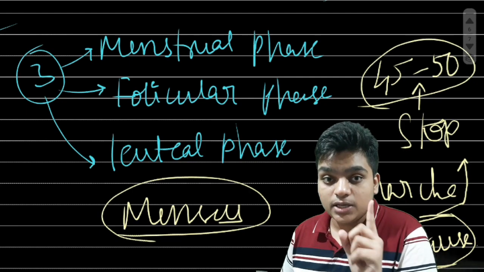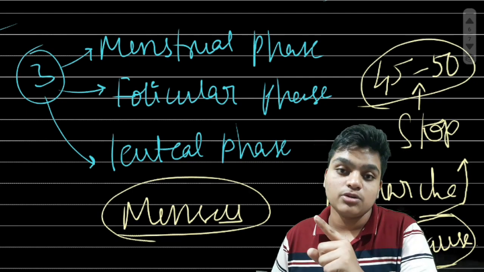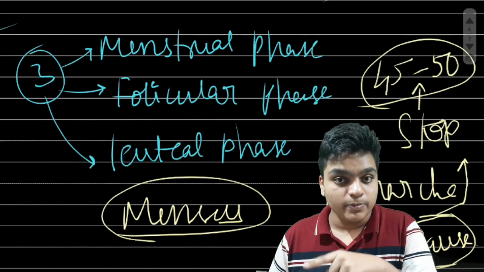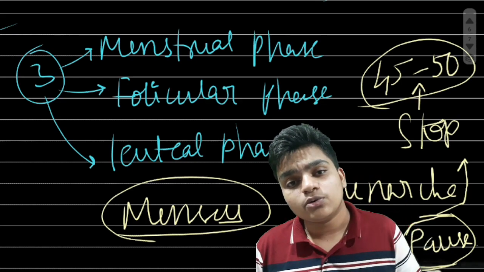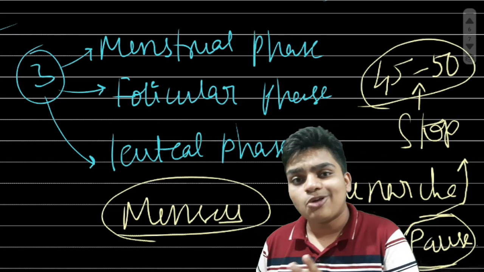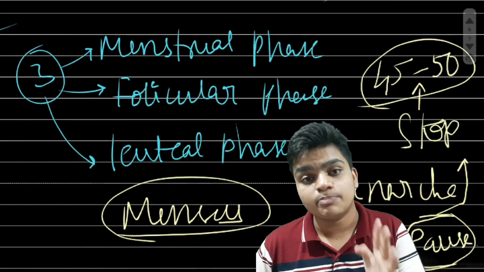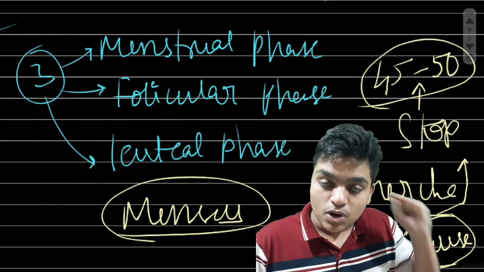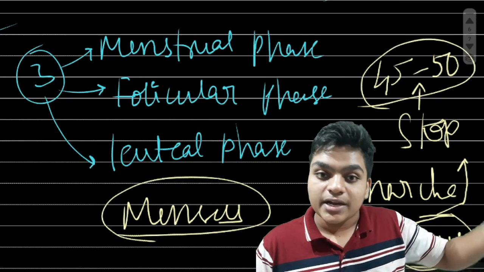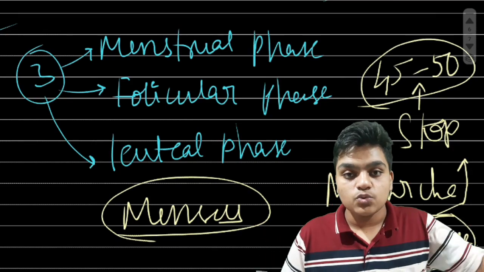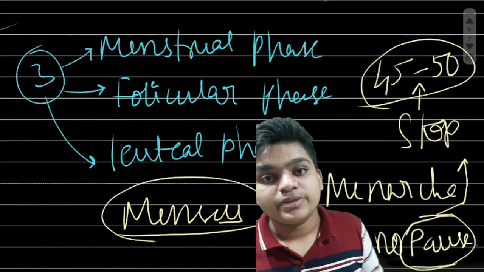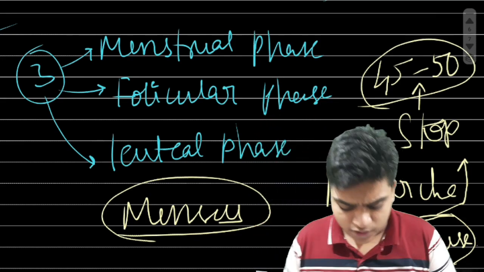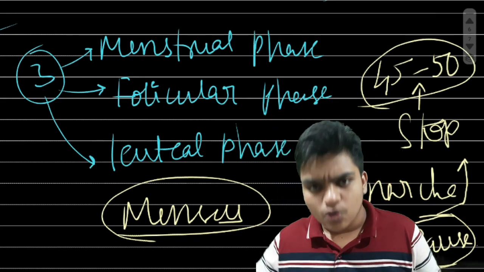When the girl child is coming near puberty, there are only 60 to 80,000 oogonia which can produce ovum, and these all get wasted until the egg gets fertilized. These oogonia gradually die off, and at the age of 45 to 50 there will be no